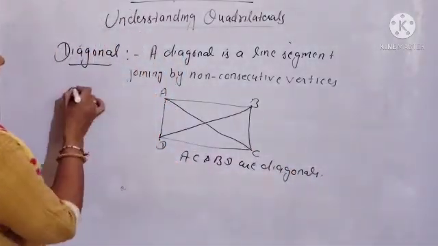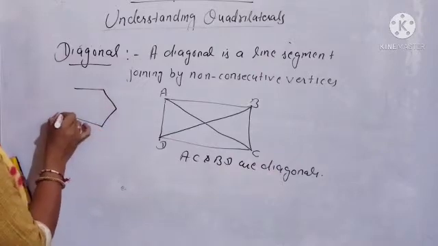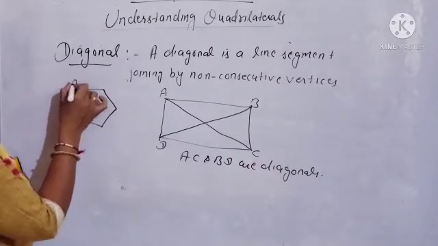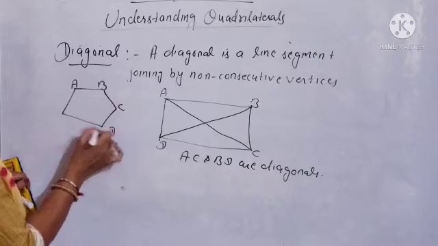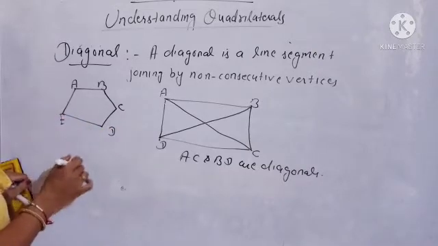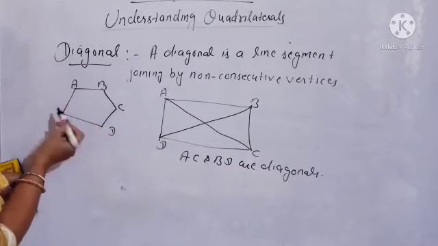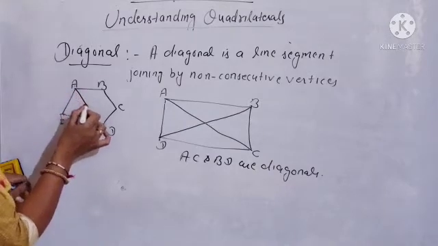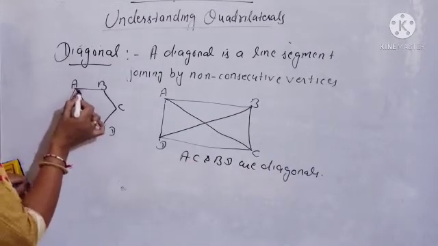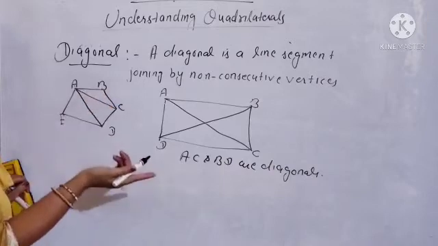For example, I am taking a pentagon 1 2 3 4 5, okay. This is a pentagon, so you can write the name A B C D E, clear. So now you will draw the diagonals. So A and E, this is already a line segment, so you will start from A to D. Now A to C, and AB is already made.